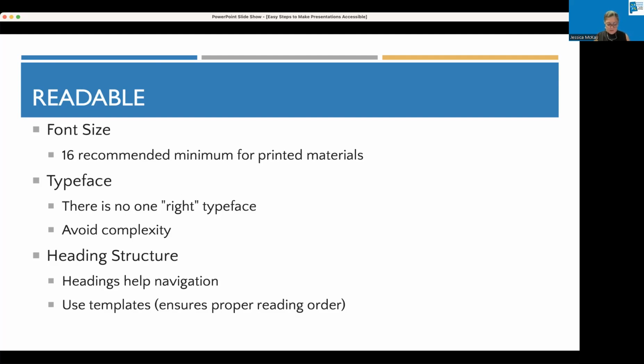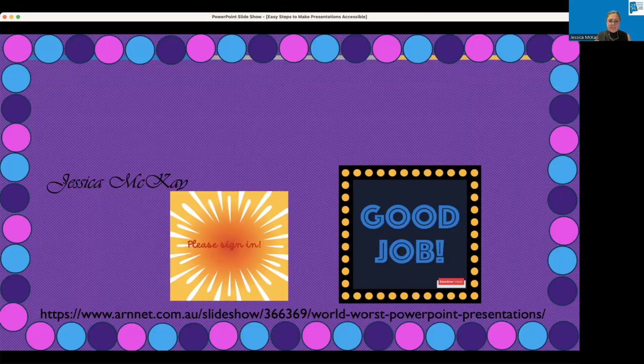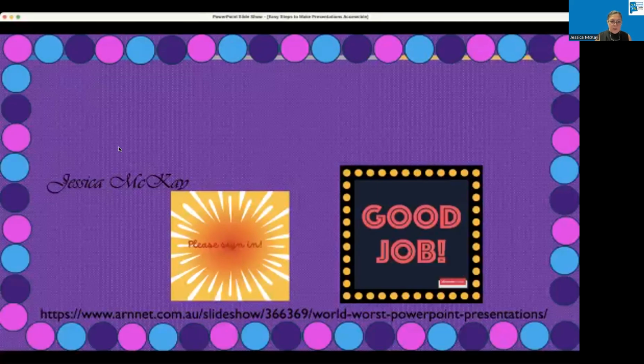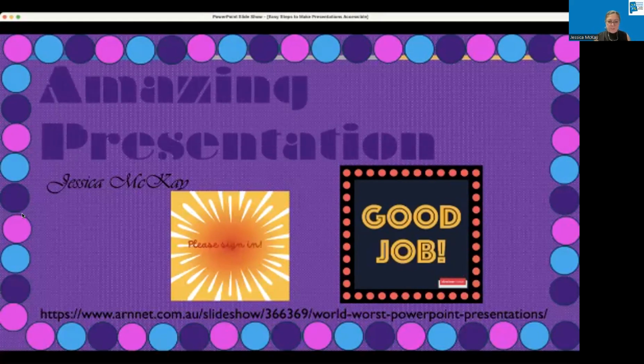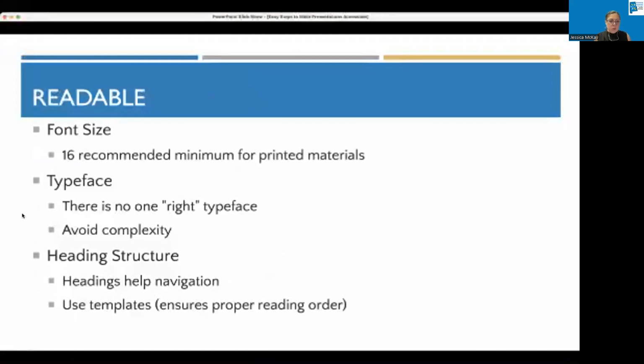So think about that very scary slide that I showed you, right? That title when it popped up is kind of hard to read. It's kind of blocky, but the way it's all spaced, it's hard to distinguish each of those letters. So again, just really making sure you're avoiding complexity. And having too many types of font on one screen makes it way busy and hard to read.